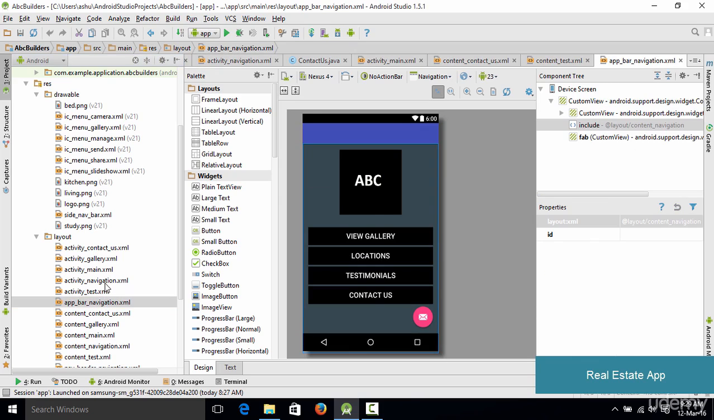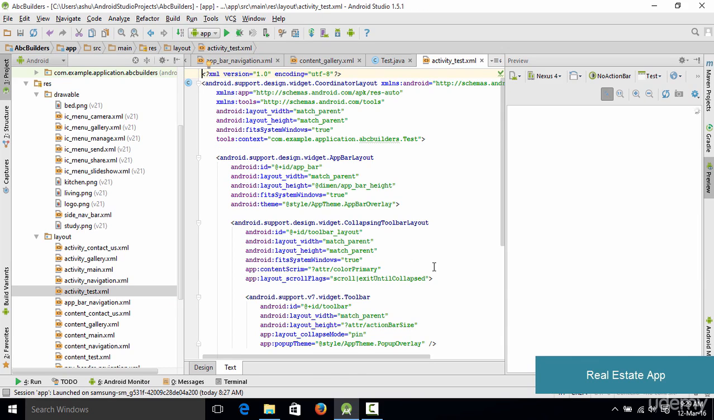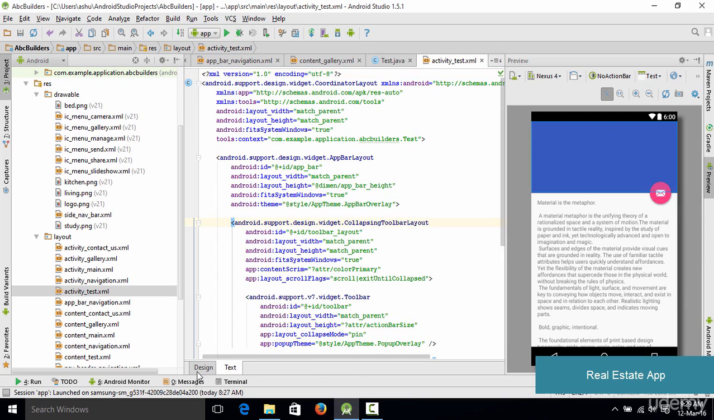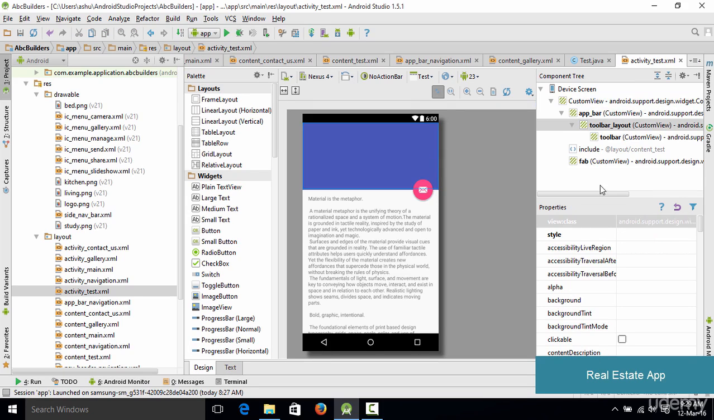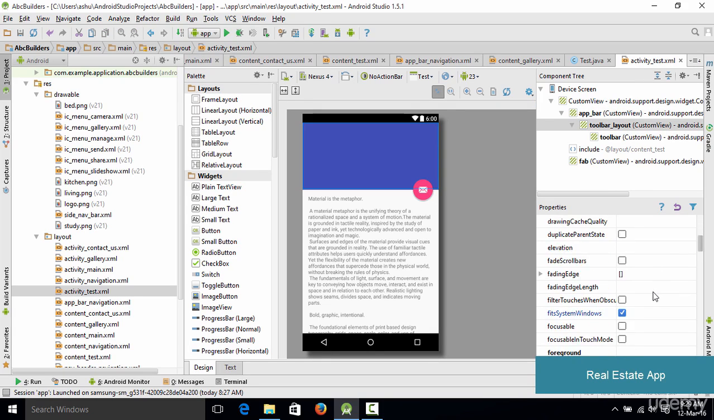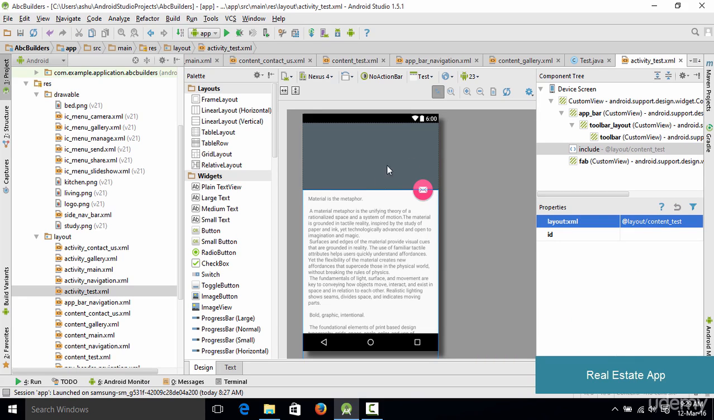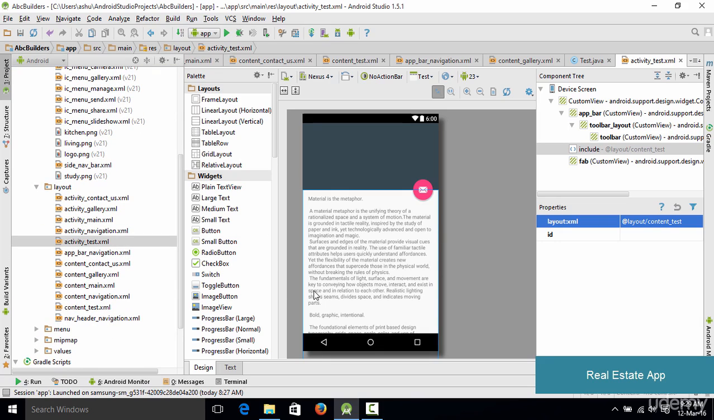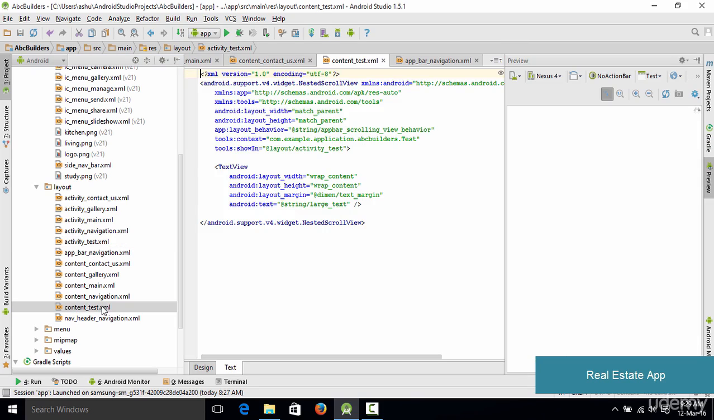We are going to return back to the test activity and let's go to design. Let's select this, go to background, and let's simply paste it over here. So this is basically going to change the color of this thing. Now once it is done, the next thing we need to do is remove this thing, which is nothing but the text view, and instead of this we want to add in a few testimonials over here. In order to do that, we go to the content underscore